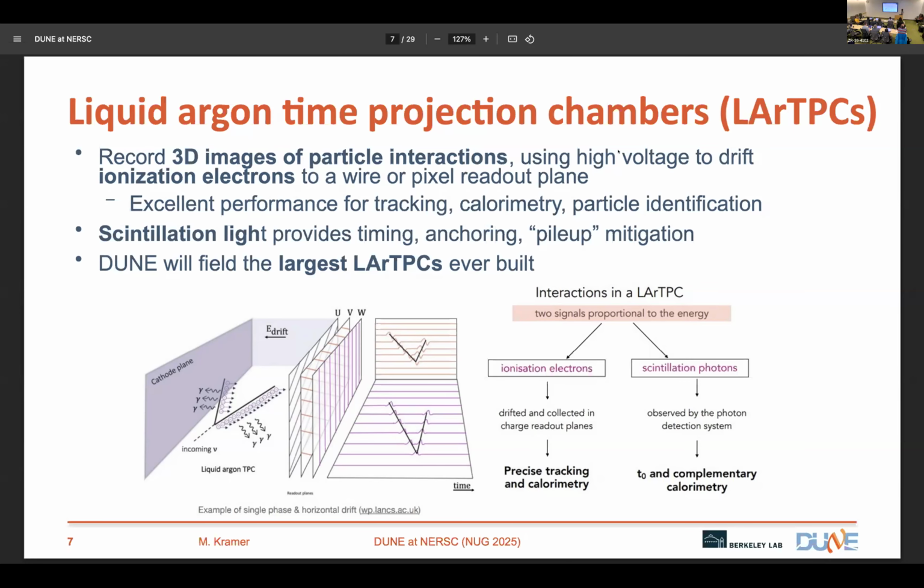You could use wires, like in this illustration here, in which case you have to sort of tomographically reconstruct the 3D coordinates of these hits. And by the way, the time is what gives you the third perpendicular dimension, the so-called drift dimension. So you could use wires like these in multiple wire planes and do tomography, and that's how the far detectors work. You could also use a pixel plane and avoid potential ambiguities, which you need to be able to do in a high intensity environment, and that's how the near detector works. I'll say a little bit more about those specific technologies in a second, but this is the general idea of a liquid argon time projection chamber.